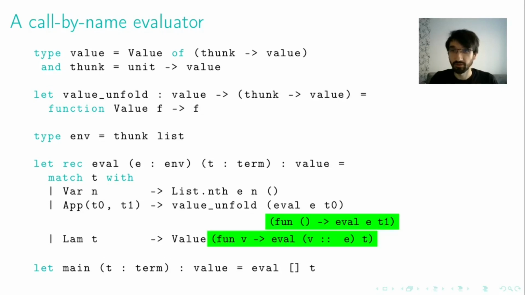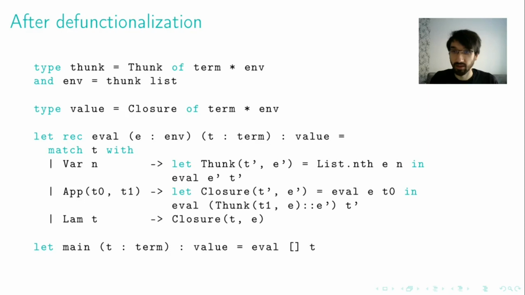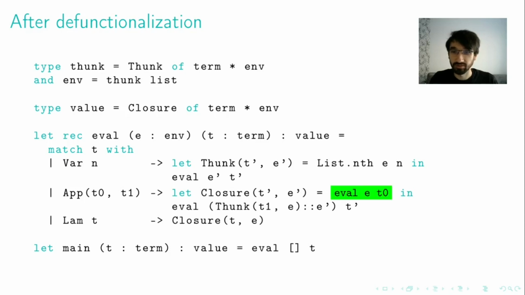But this evaluator is not an abstract machine. It contains two higher order functions, which we can defunctionalize, and they are turned into data which are interpreted by first order functions in places where they were called. But still, this evaluator is not an abstract machine because it contains a non-tail recursive call of function eval, which